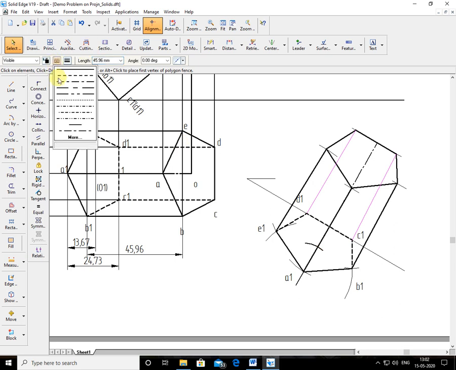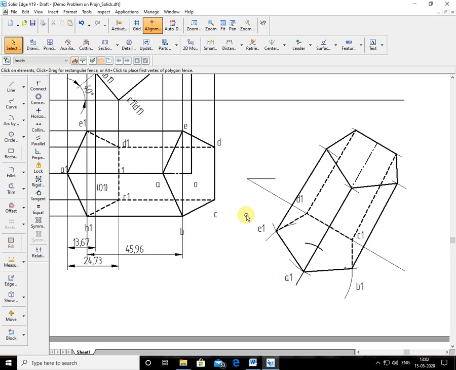But in computer it's very easy. The same method you have to follow for all the problems of prisms and even some pyramids also. Same concept you have to follow. I am telling about sketching. Okay. So this is the way. But here, this part of transferring is very easy by computer commands.